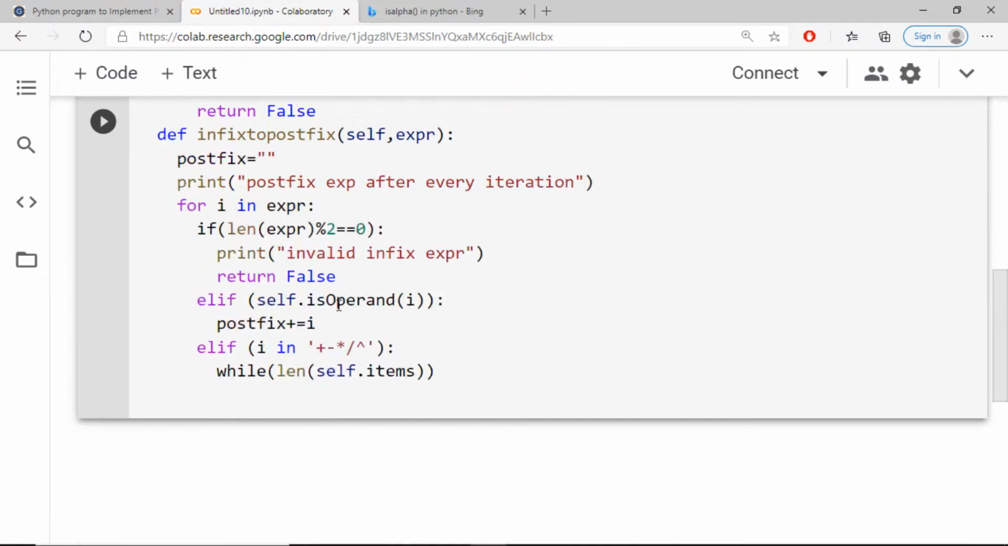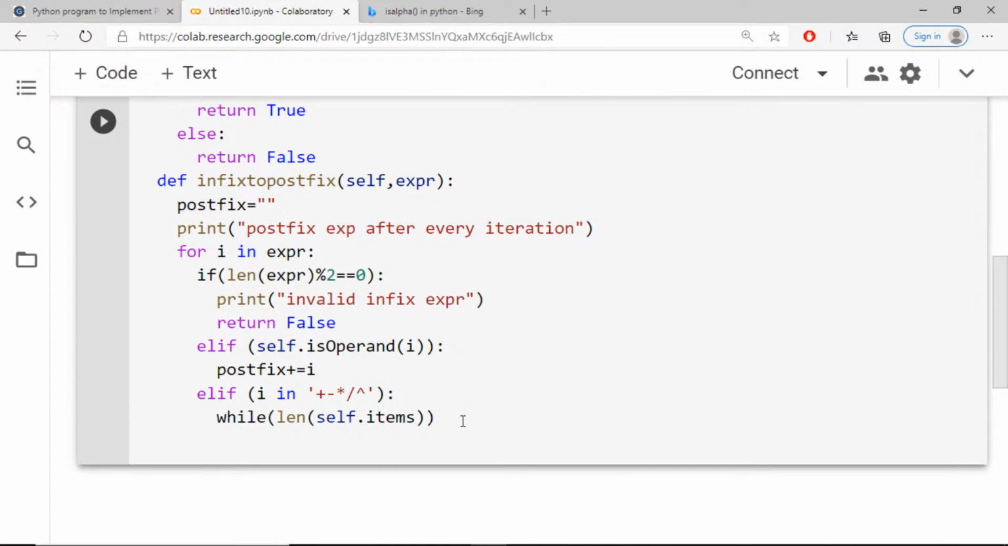Okay, check it out. Next, I'm defining infix to postfix. So basically in infix to postfix, what I need to write here, I was writing: if my items list is not empty. Okay, means my stack is not empty. Here items means stack. I'm checking the stack. Okay, and I need to write one more condition, and I'll check the precedence. So self dot precedence. Okay, and precedence of I, if precedence of I is less than equals self dot precedence